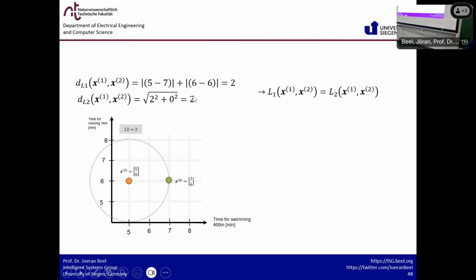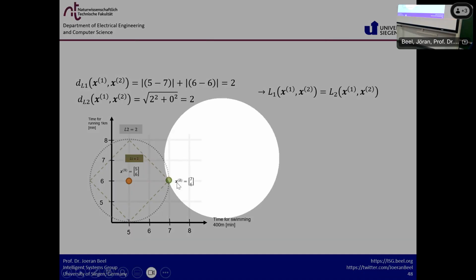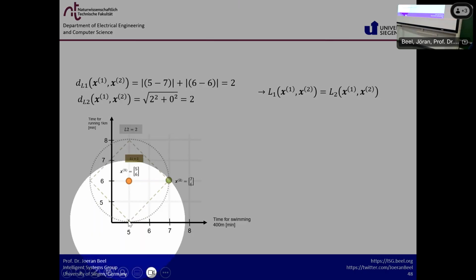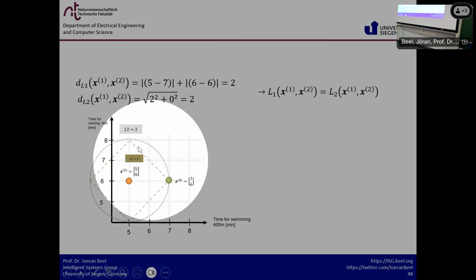But the L2 distance is kind of a radius, like a circle, and the L1 distance is like a square. So here, and here, L2 and L1 would be the same, but any point here or here,